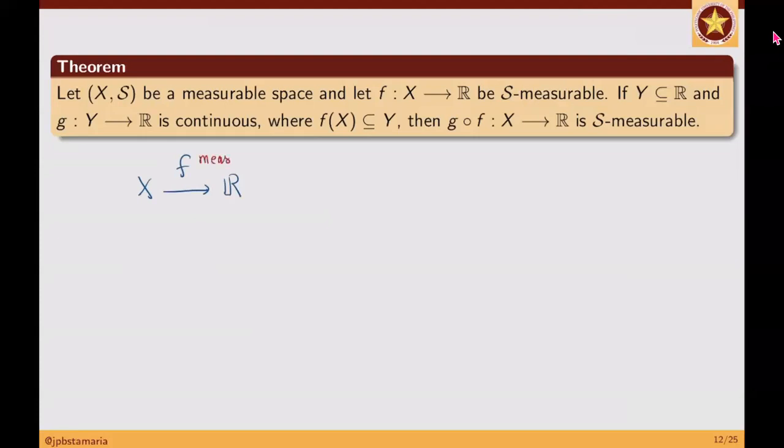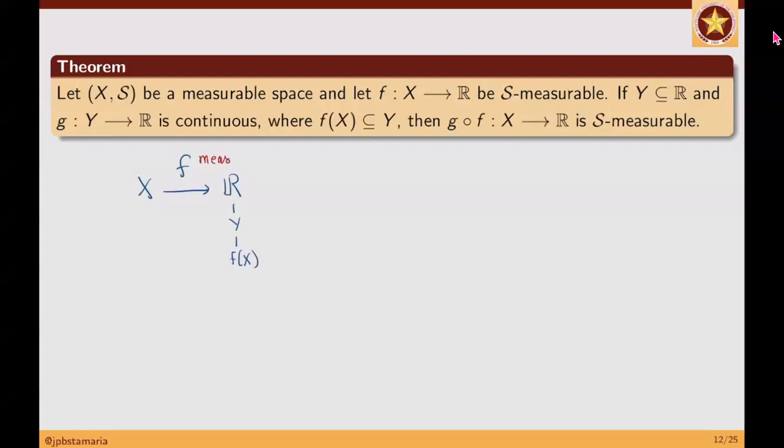Kaya natin gusto ng image ng X ay nasa loob ng Y, para kung ano man yung magiging image ng F, kakainin ng G. Kasi ito may subset na Y, tapos nasa loob ng Y yung F of X,